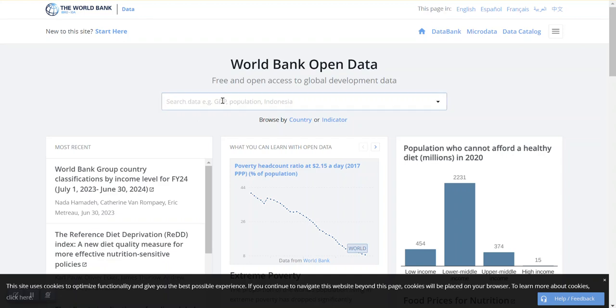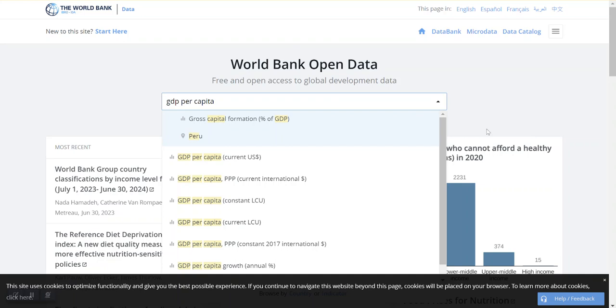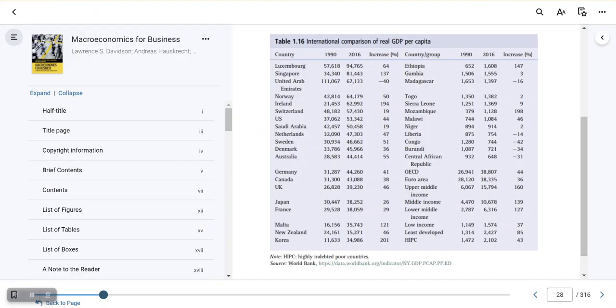Nice handy search bar here. We want GDP per capita. Now we're going to have a lot of choices. Gross capital formation, percent of GDP, GDP per capita, current US dollars. We want, if we go back into this table,